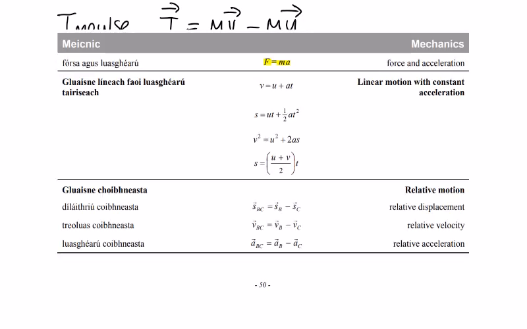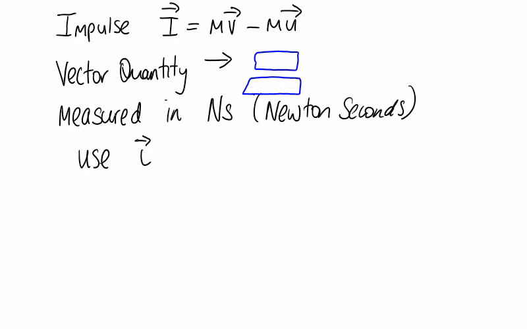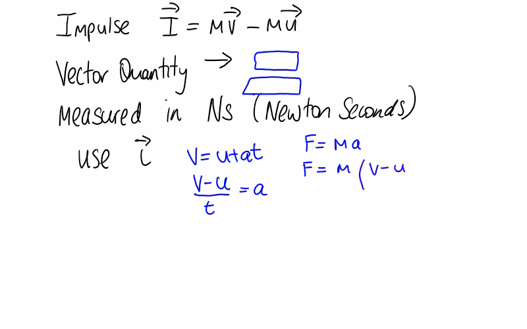So we know from our mechanics formulas with our force and acceleration formula that the resolved force is equal to mass times acceleration. We also know that velocity is equal to initial velocity plus the acceleration times time. So if we take v is equal to u plus at, we can say that v minus u divided by t is equal to my acceleration. And if we sub this into my force and acceleration equation, we get F is equal to m times v minus u over t. And multiplying by t, the resolved forces over time, or these changing forces over time, which